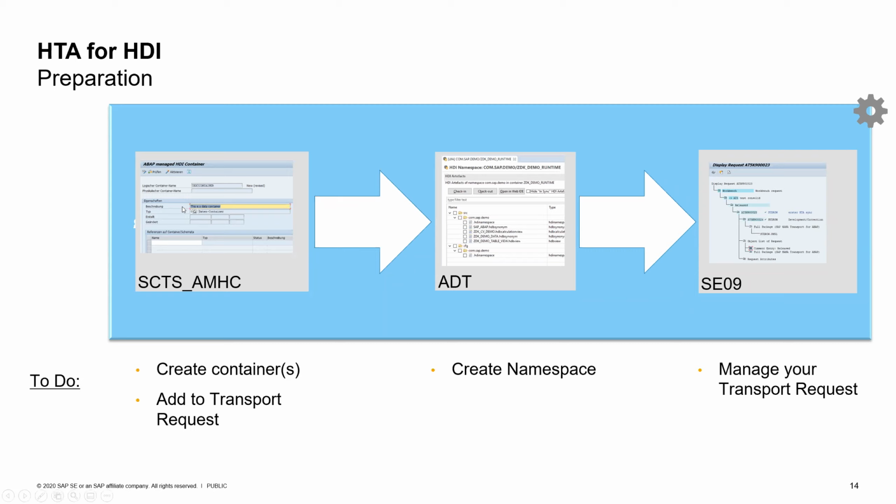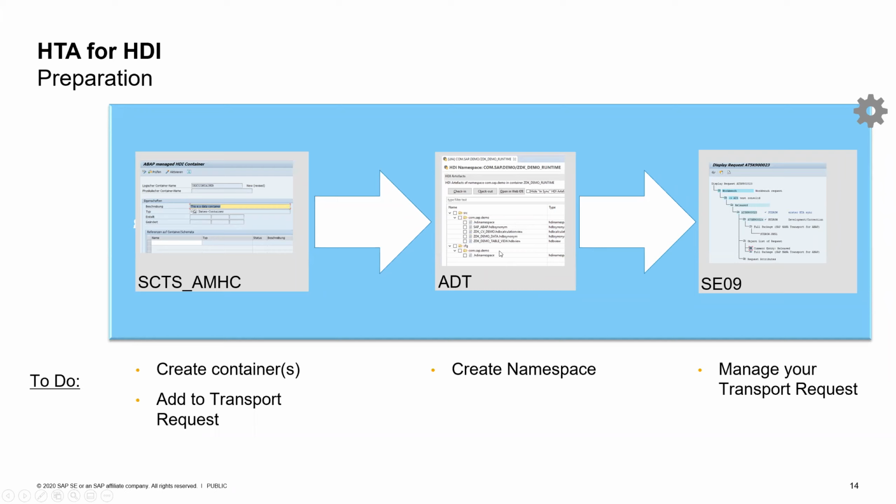After you did this basic configuration, you would also have to create containers and add them to a transport request. So there's a transaction SCTS AMHC named, where you can create these different types of containers. So there are data containers, there are all this type of containers that you have in HDI that you might need. After that, you would need to go to the ABAP development tools, ADT, so this ABAP in Eclipse,